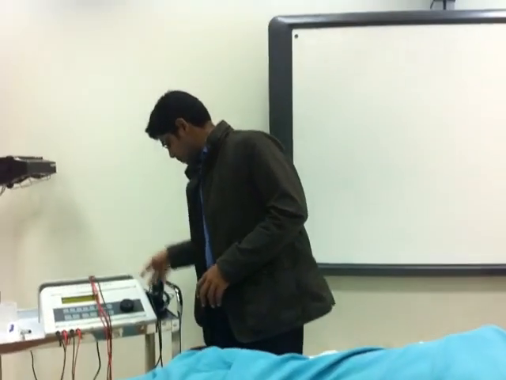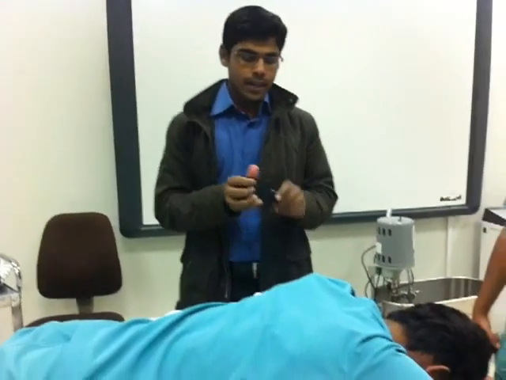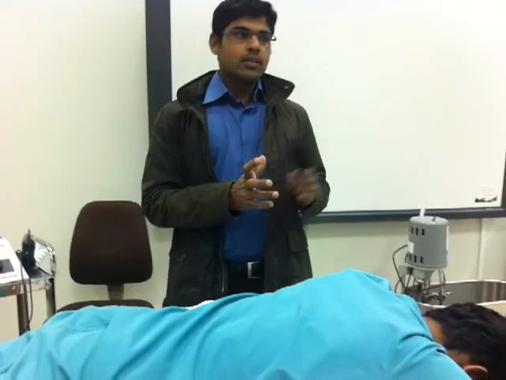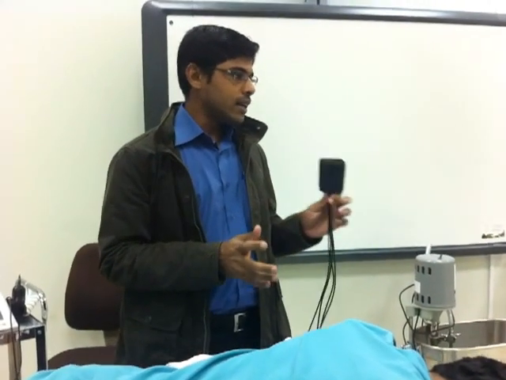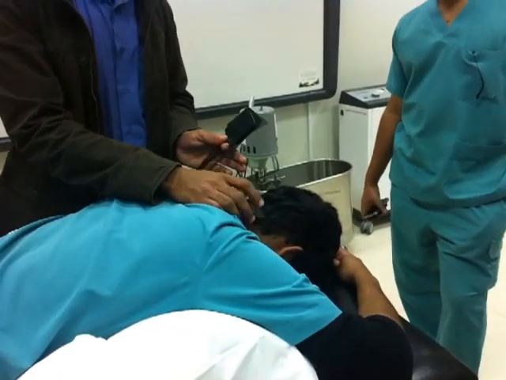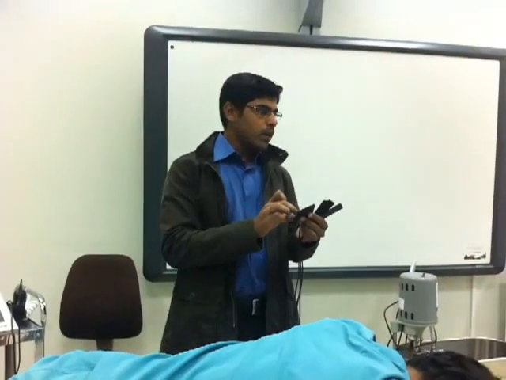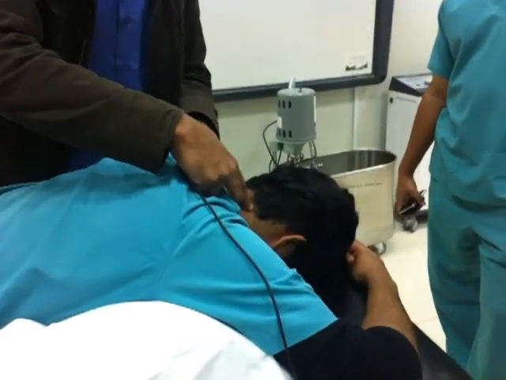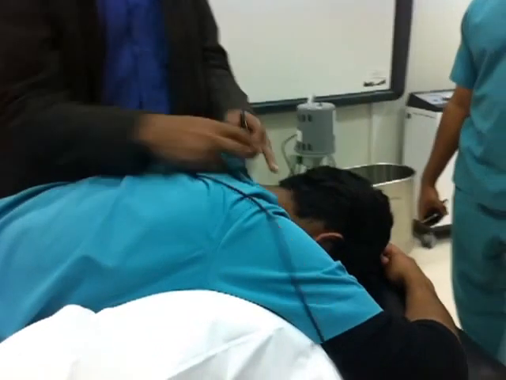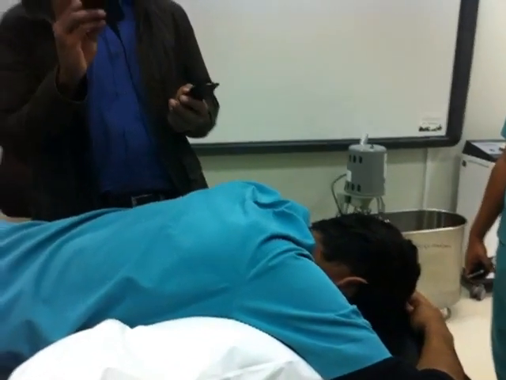Like we have 4 electrodes. And for the neck you have to use the smaller size electrode. This can't be used for treating neck conditions, because if you keep one electrode it will cover the whole neck. If there is a localized pain and you want to place all 4 electrodes, they have to be small, so that you can place one here, one here, one here, one here, depending upon the area of pain. If it is for localized pain you have to keep all 4 electrodes in the neck region, using the smaller size of the electrodes.